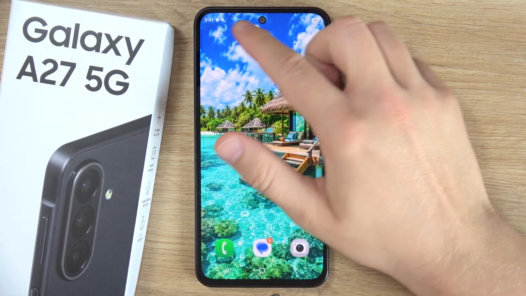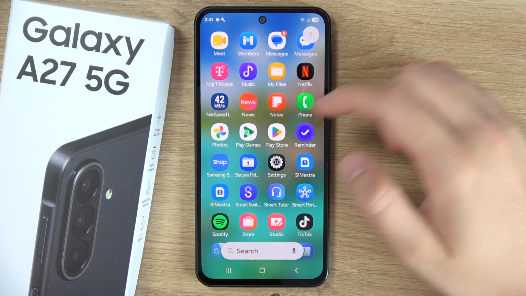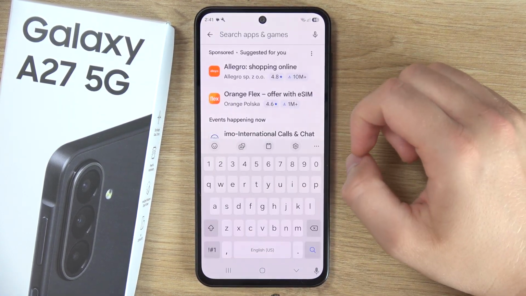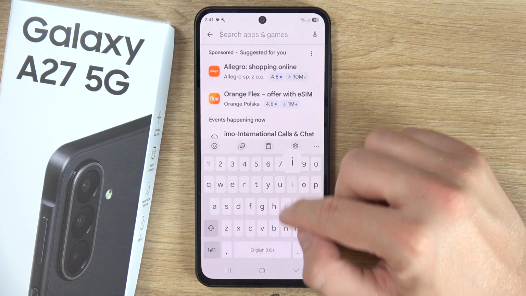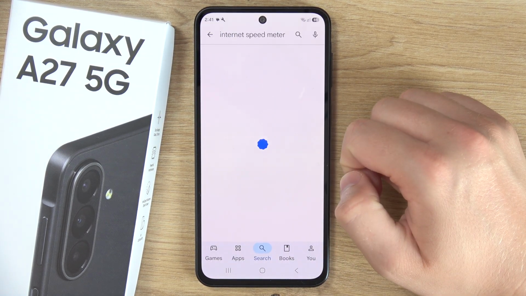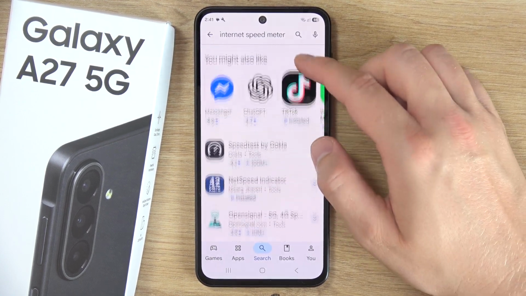To show network speed on the status bar in the Samsung A27 5G, you will have to start by opening the Google Play Store, and we can only do this by using third-party applications from the Play Store. So in this case, we can input "internet speed meter", or a similar phrase, and you can use, for